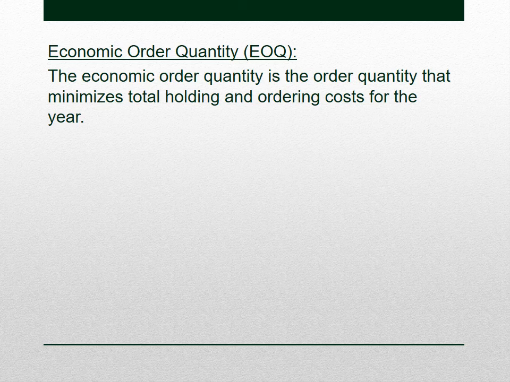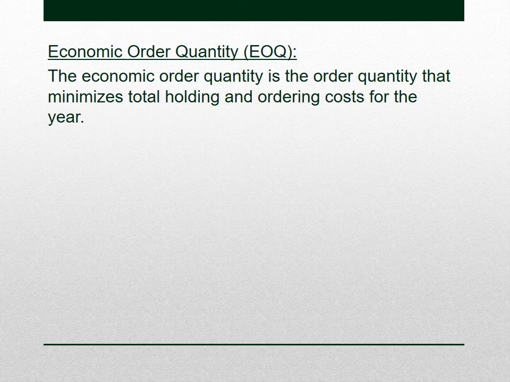So economic order quantity, that's the order size. So if you're going to place an order for things, it's the quantity of things you're going to order, that when you order that many things, it's going to minimize the holding and ordering cost for your entire year, or whatever it is. So the economic order quantity is the